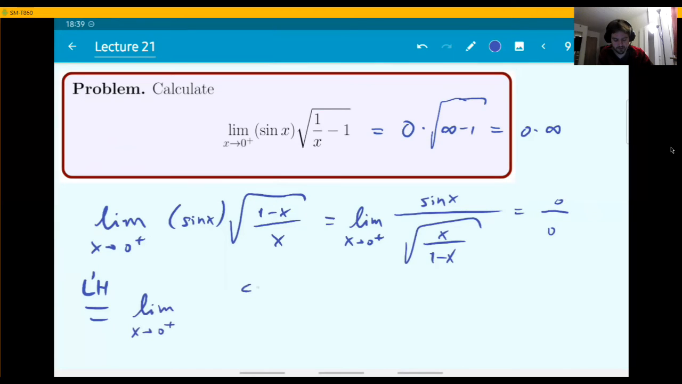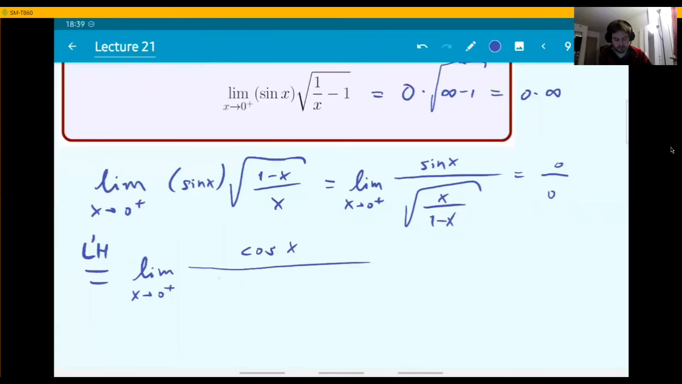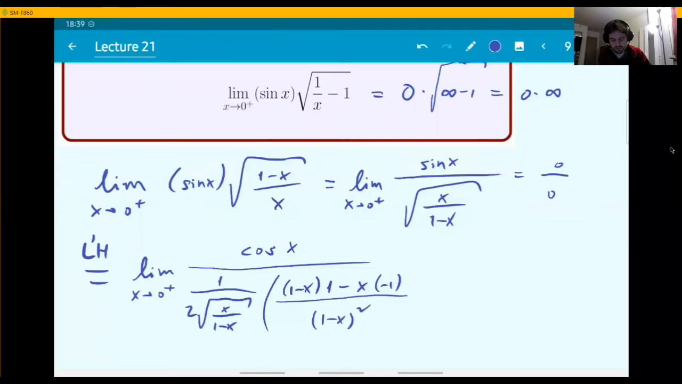Take the derivatives now. Sine becomes cosine. And this crazy square root, what is it going to become? Well, derivative of the square root, 1 over 2 times the same square root, times derivative of the inner function, quotient rule. So we're going to do low d high minus high d low over low square. Looks more complicated. Sometimes it actually is more complicated. But the point is that usually it's going to be something that allows you to plug in 0 now. It's not indeterminate form anymore. Just check it out. Plug in 0, you have cosine of 0, which is 1, divided by 1 over 2